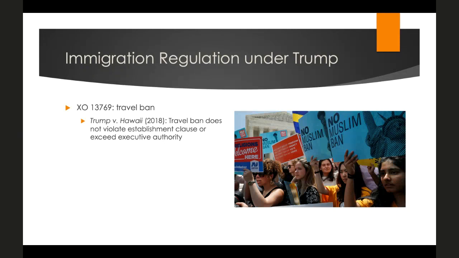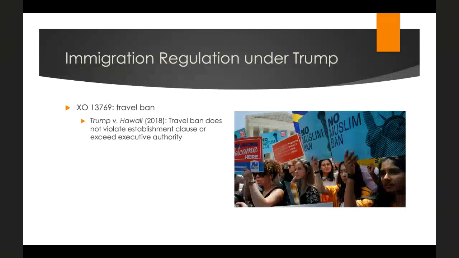And so they argued that under the INA, the president has broad discretion to suspend the entry of non-citizens to the United States, and that the proclamation was the result of a worldwide multi-agency review that determined that entry by certain non-citizens would be detrimental to the interests of the United States. So they argued that this is a continuation of the plenary powers doctrine from Xi Jinping, and basically upheld that the presidency has more or less unilateral authority under the INA to pass restrictions on immigration and entry to the United States.